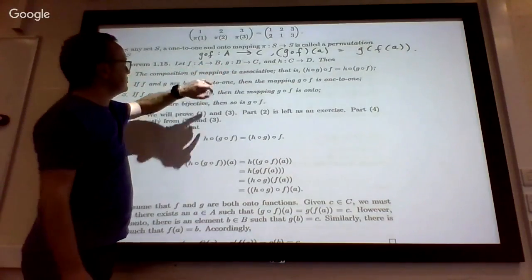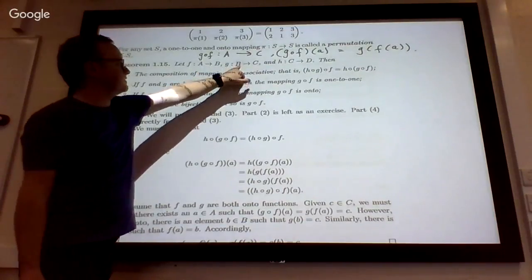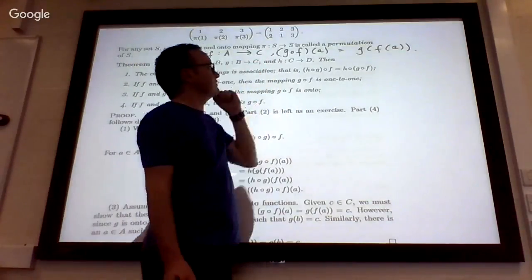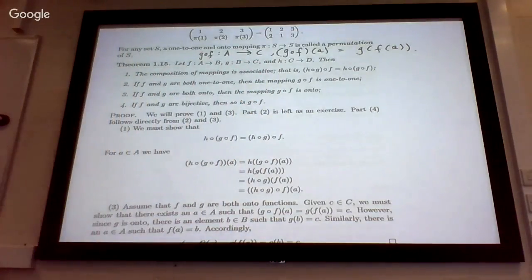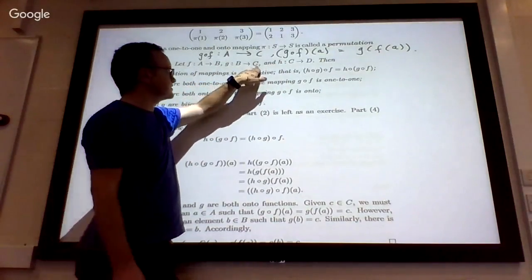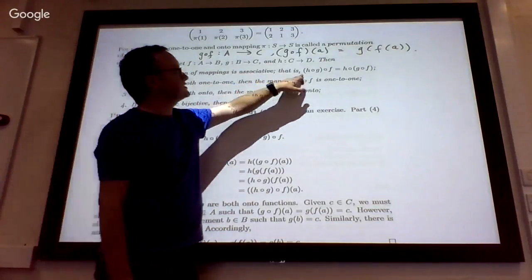When the functions line up, when the codomain B of one function f is the same as the domain of another function g, then the two functions can be run together and composed in this way. So theorem 15 gives you certain facts about composition. First of all, it's an associative operation. You've got a third function h here, which could follow on. It goes from C to D. So h, g, and f could be composed in this order.